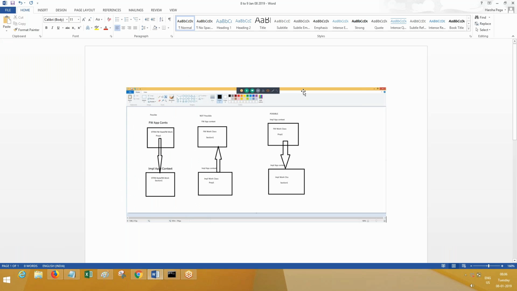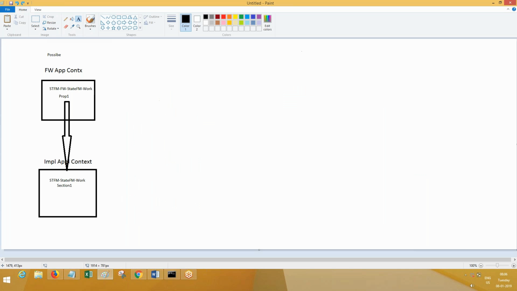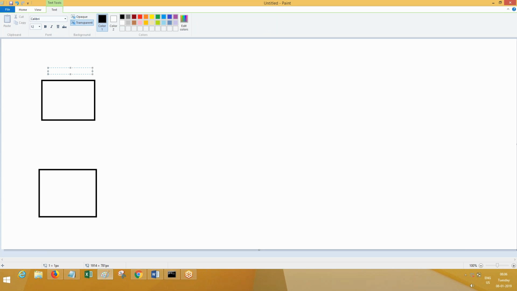Now let me draw the diagrams. This is the implementation app context, and this is the FW app context. Observe closely. The context of this one is implementation application. This one is framework application.